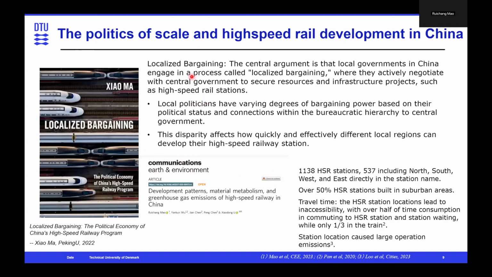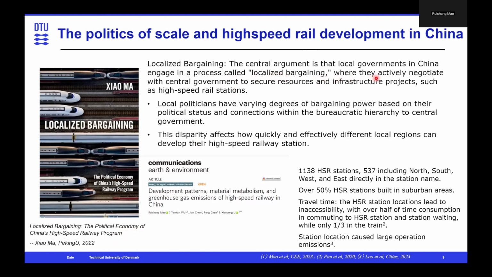But the politics of scale is also an interesting angle for high-speed railway development in China, because this is a very interesting book published 2 years ago called Localized Bargaining: The Political Economy of China's High-Speed Railway Program, written by Xiaomao at Peking University. And he argues this idea of